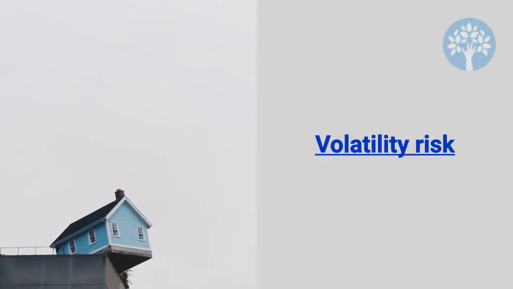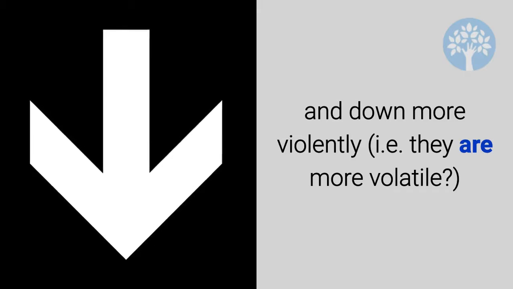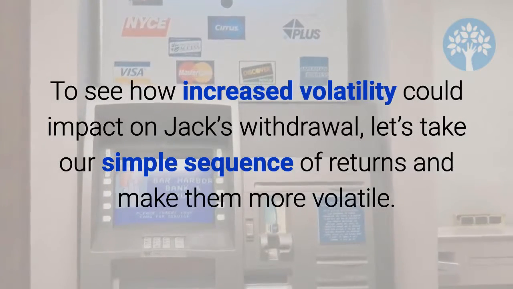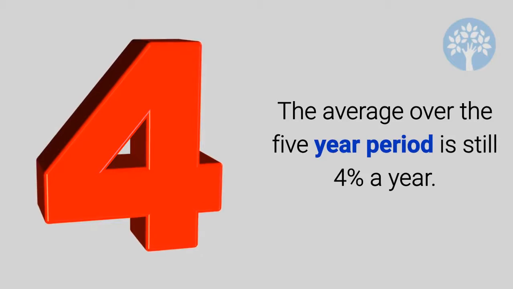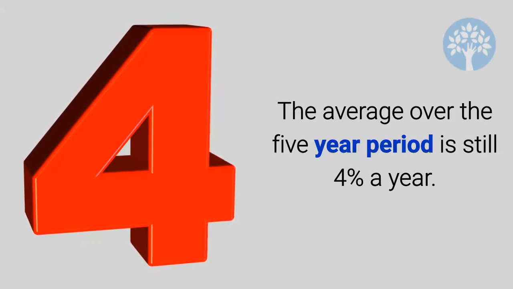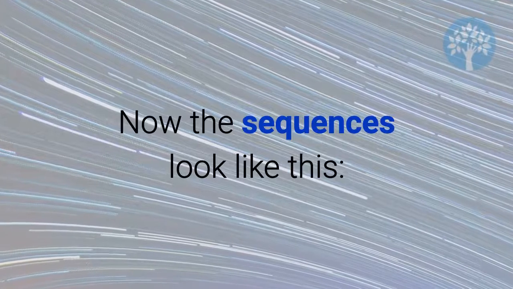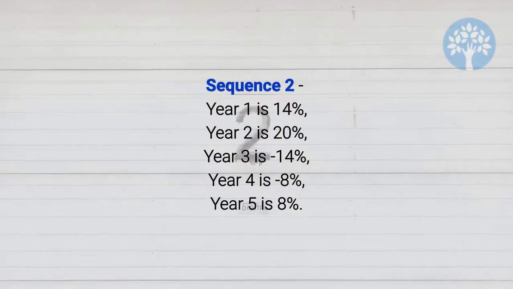So what happens if the investment returns go up and down more violently? In other words, that they're more volatile. So to see how volatility affects Jack's withdrawals, let's take our sequence of returns that we looked at earlier, but make them more volatile. So we're still looking at this over a 5-year period, and it's still an average of 4% a year. But this time in year 1 it's 8%, year 2 14%, year 3 20%, year 4 -14%, and year 5 -8%. And again, we look at the different starting points for those different returns, and then you'll get this